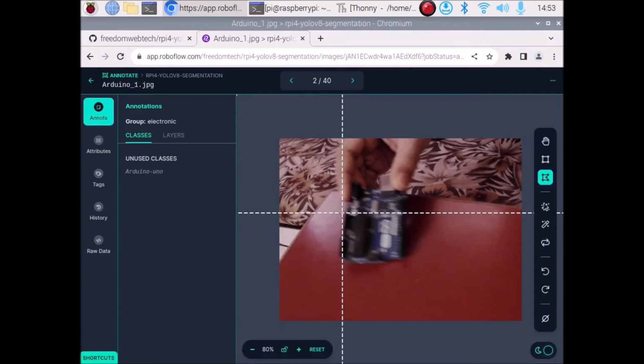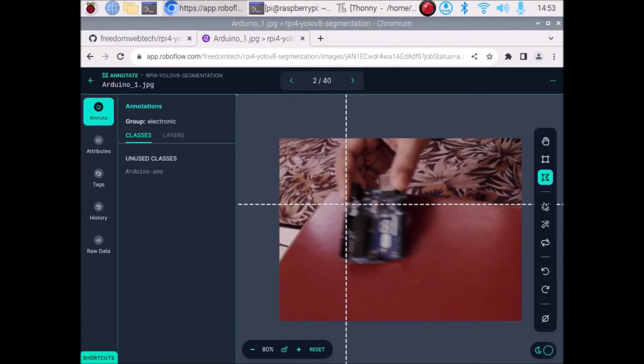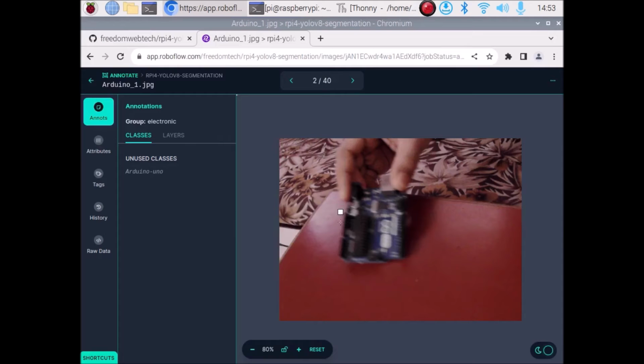Okay, this is our second image. Again just left click the mouse. Okay, it will draw the polyline. If you click the left button and the line is not available, just click again. Okay, just click again. So we have completed this side, so left click,